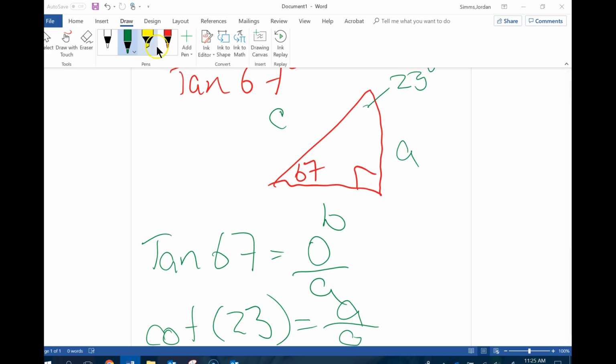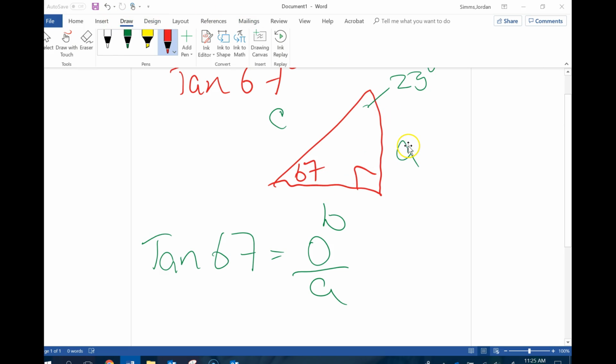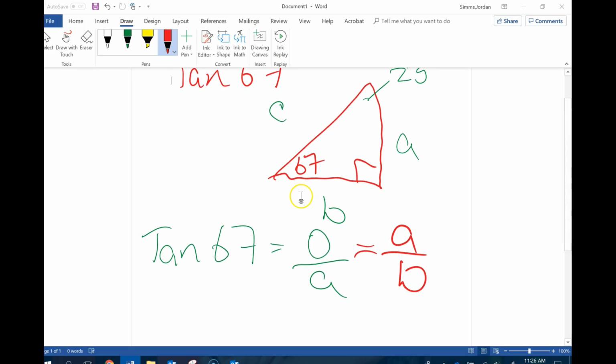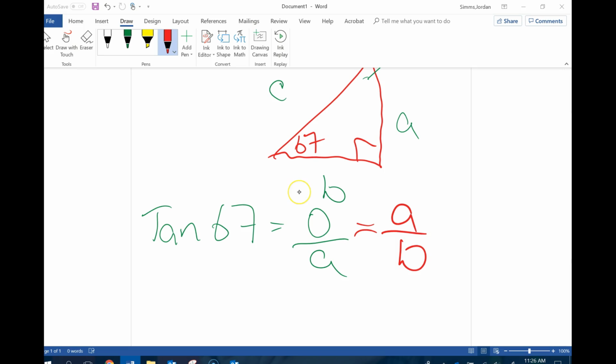So in this case, for example, let me throw some numbers at it, or we'll try anyway. If the tan of 67 is opposite over adjacent, that's going to be side A over B. So that would be our answer, A over B. I can make up numbers, but we'll keep it general. So let's prove this now. The cotangent